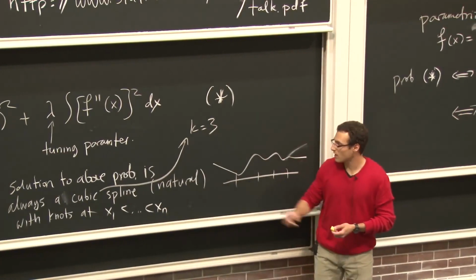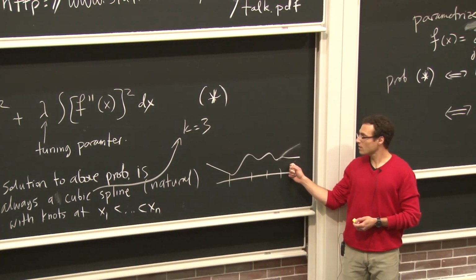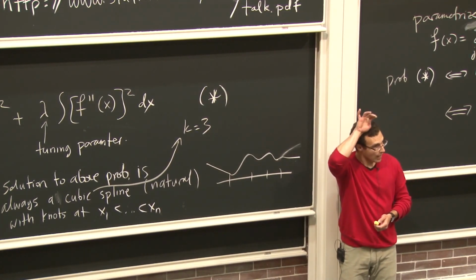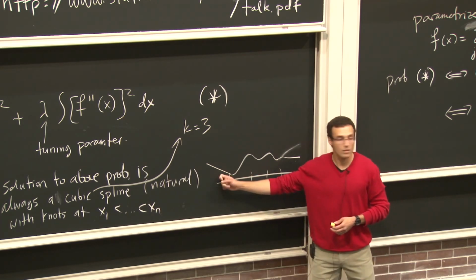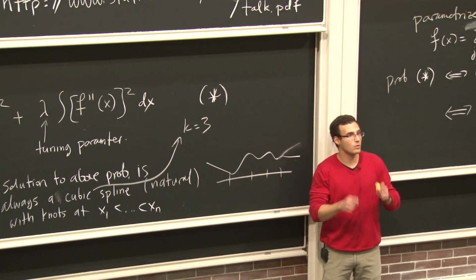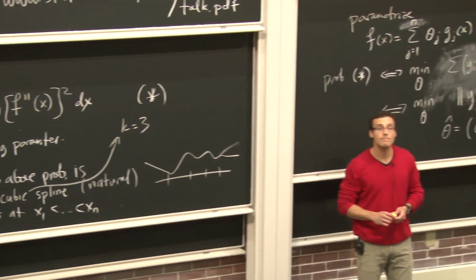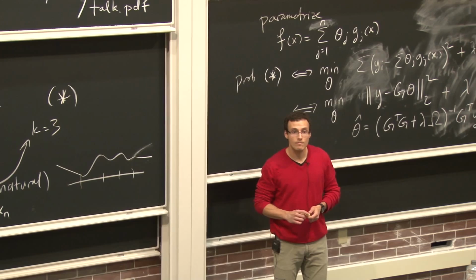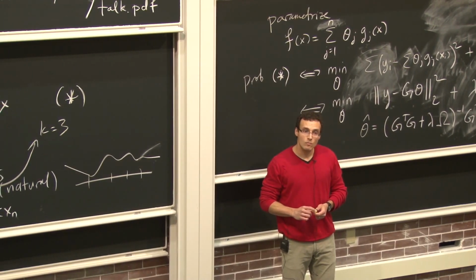Basically, we have to be careful that beyond the first and last points, it's linear. So we have to somehow cancel out any cubics that happen after these points. And that's done through simple subtraction of truncated power basis functions. Those basis functions are all of order k. I mean, you have only one term in each